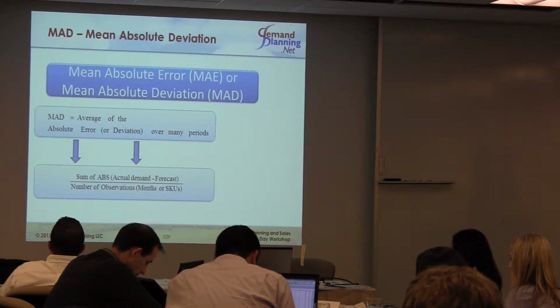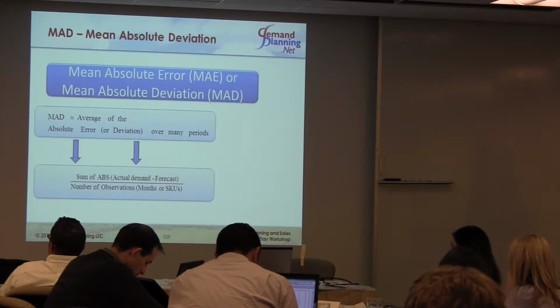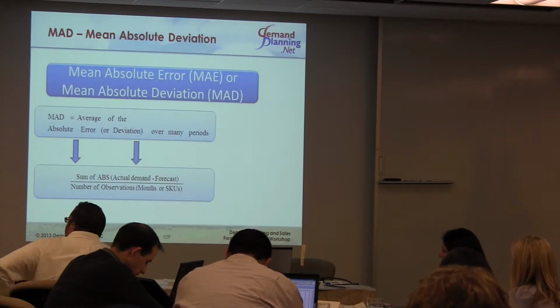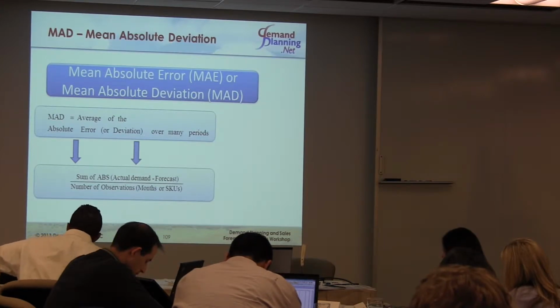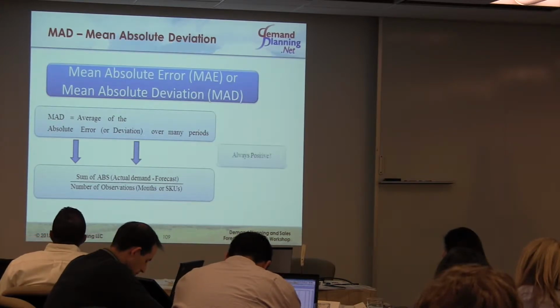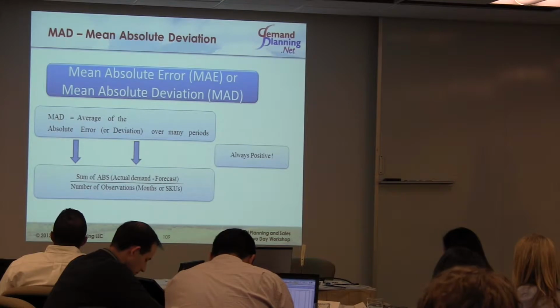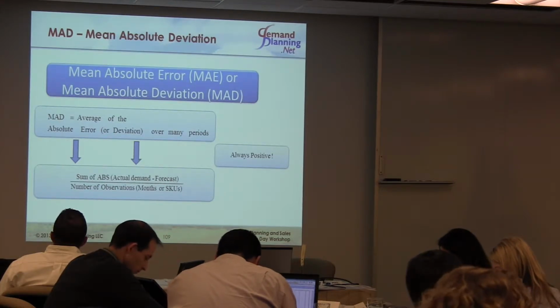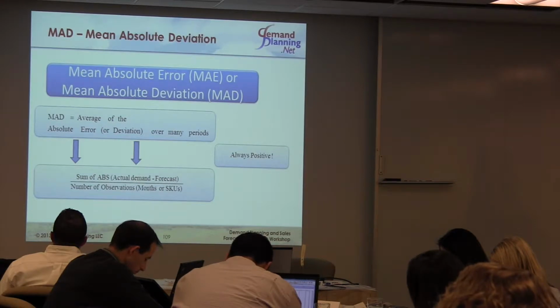Very close to standard deviation, but it's different, right? Very close. Because for standard deviation you have to take the square root. Yeah, just a part of it. Exactly. So you're taking the absolute error. Okay, so it's always positive because you are taking the absolute error. Positive and negative errors, they don't wash off. Under forecast, over forecast, they all hit you equally.